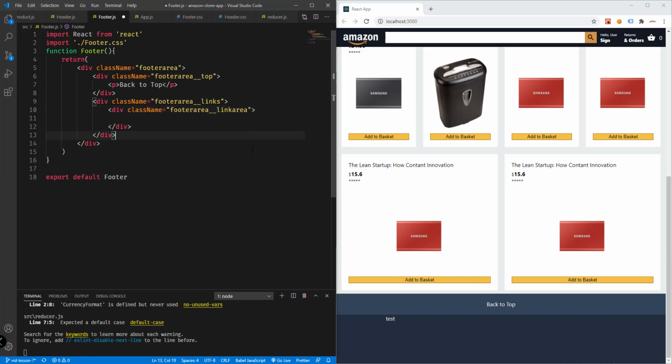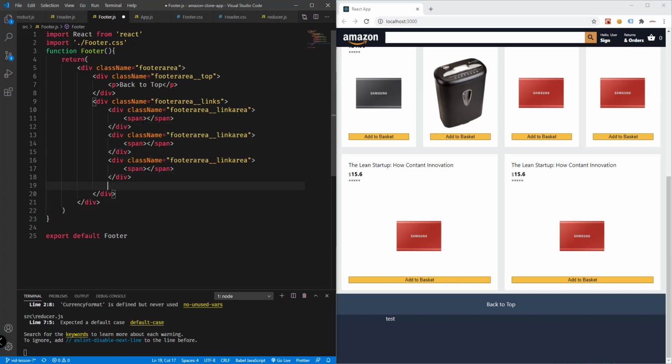Okay, so actually this is not part of the functionality of the e-commerce that we want, and this is just an add-on if you want to add a footer to your e-commerce website. So footer area, link area, and we will add here a span element, and we could copy and paste